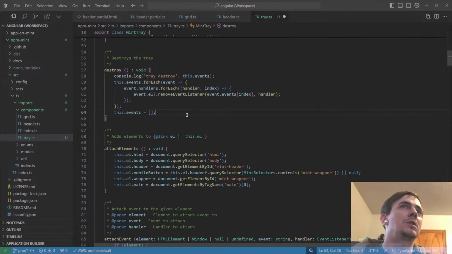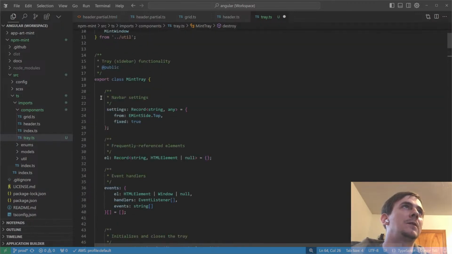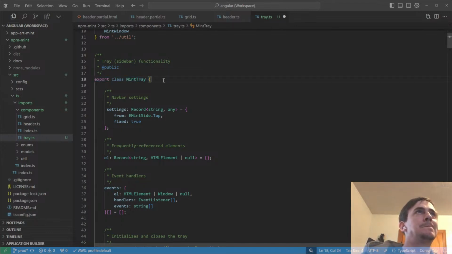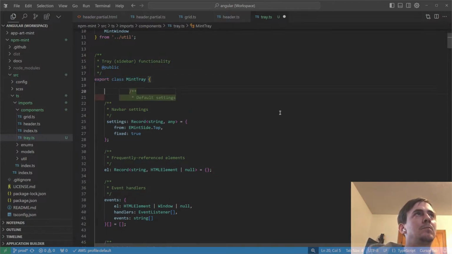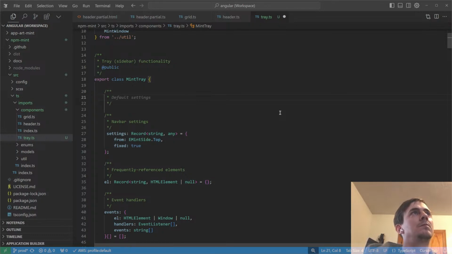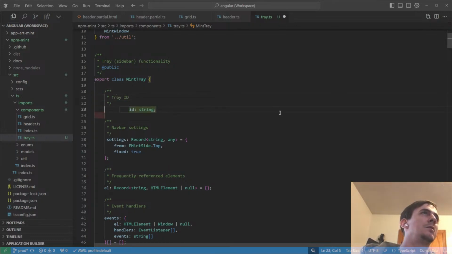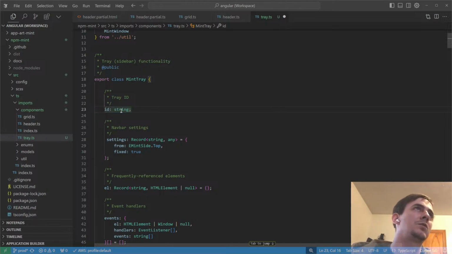So first thing we're gonna do is create tray ID, ID string,